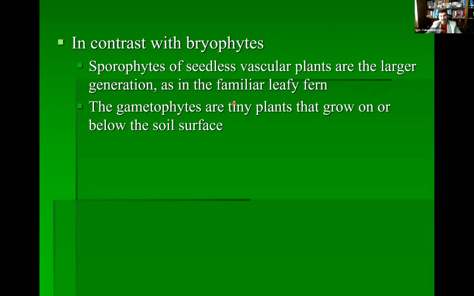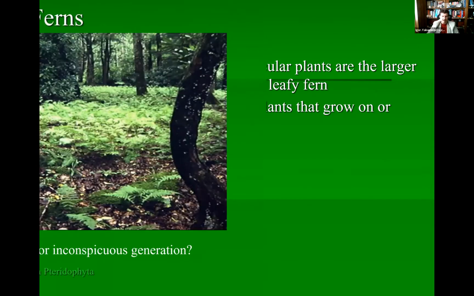The gametophyte becomes tiny, and this is one of the trends you will see in the plants. The gametophyte generally reduces in size, and in the gymnosperms as well as the angiosperms, the naked seeded and the flowering plants, you will see that the actual gametophyte is now completely dependent, parasitizing on the sporophyte. So it is a 180 degree turn in the use of gametophyte and sporophyte.